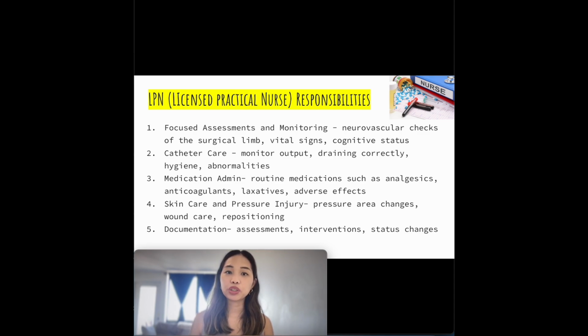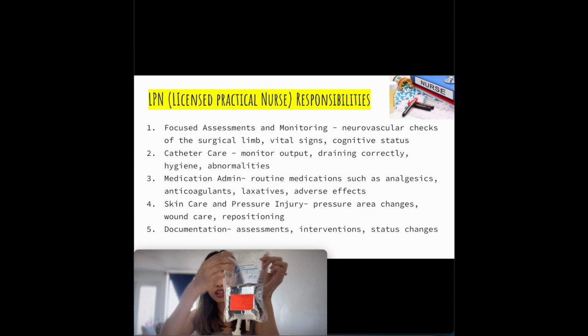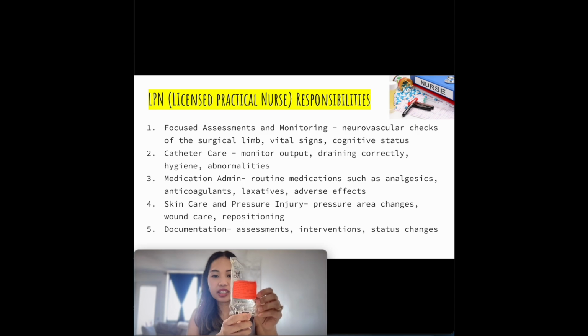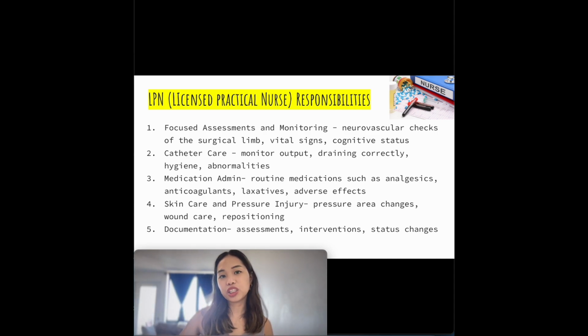Next would be medication administration. So we talked about IV antibiotics, so that's the RN doing that. For the primary IV, right, maybe it's something like this. And just remember, always put your label, okay? And then the secondary IV, like this one, okay? So another label as well, and knowing how to do a primary and a secondary IV, and doing your medication